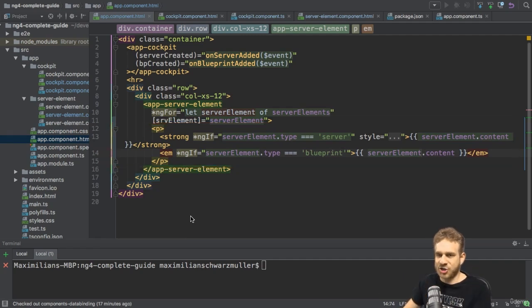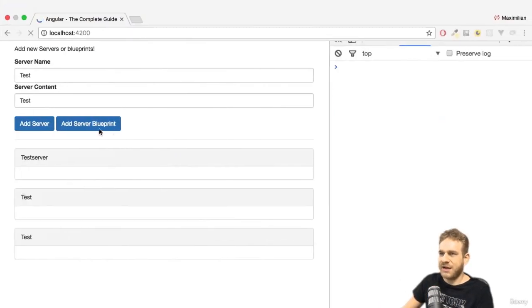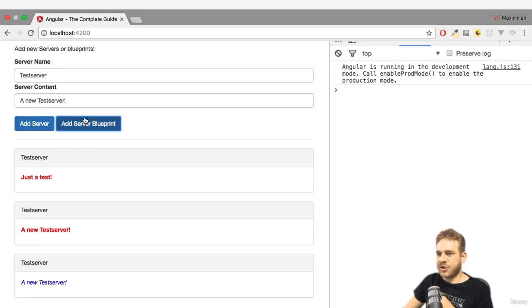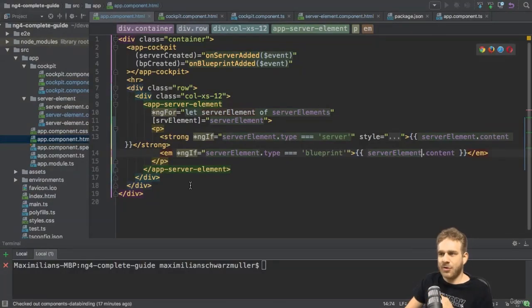With this tiny addition, you should see that once you save this and let it reload, if we add this and we click Add Server, you now see the content is back. It looks exactly the way it looked before, but technically something totally different happens here. Now we add this via the ng-content hook. We add it between the opening and closing tags, and therefore it will be projected into your component,